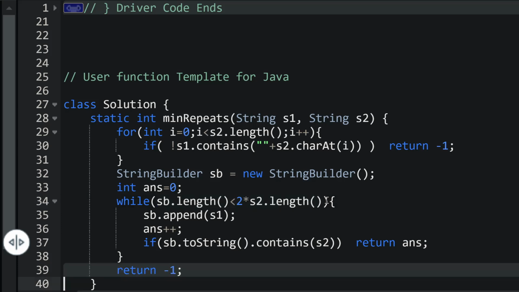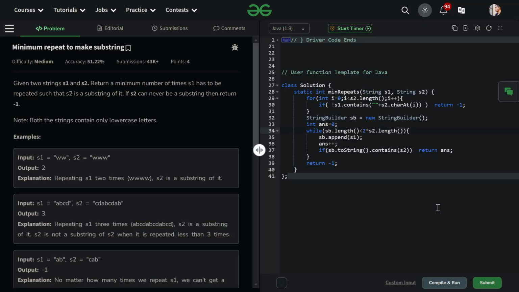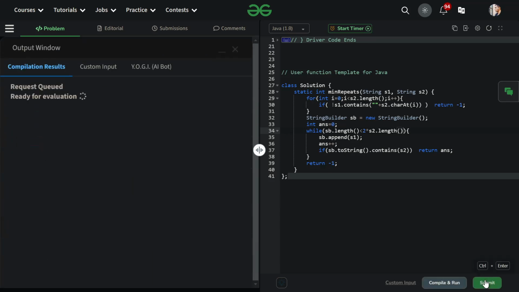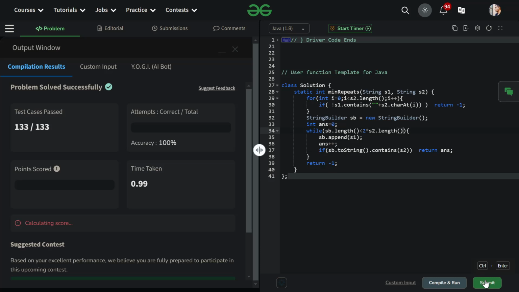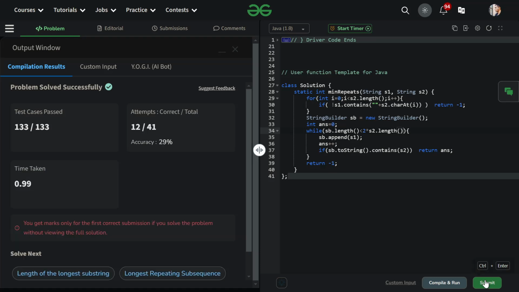So this is the code. We don't need the KMP algorithm or any other string comparison algorithm that most people use in this case. So this code will just work fine. We can cover the KMP algorithm and other string comparison algorithms for a better problem. For now, we have this simple code.